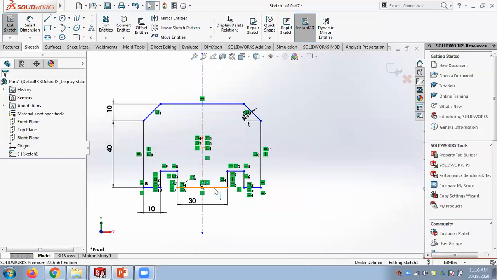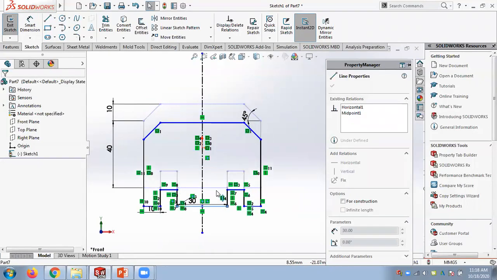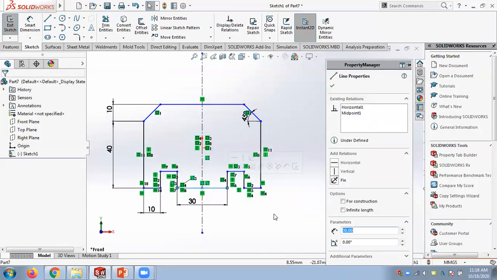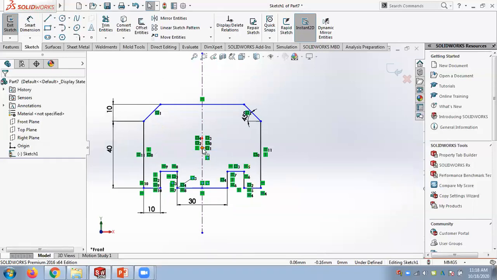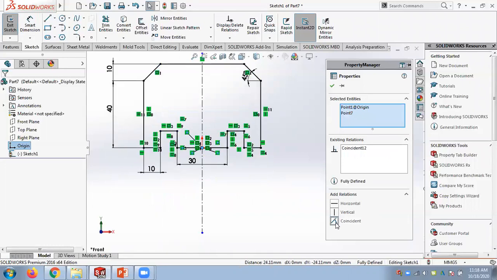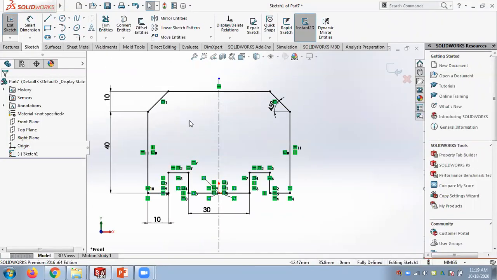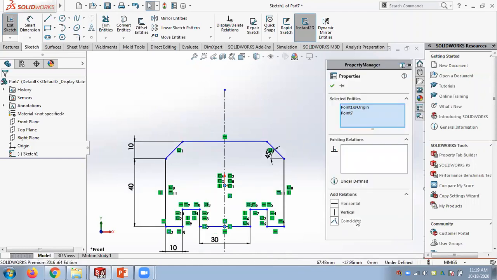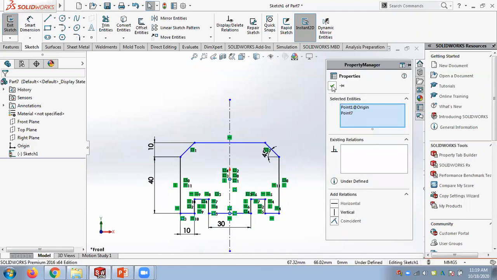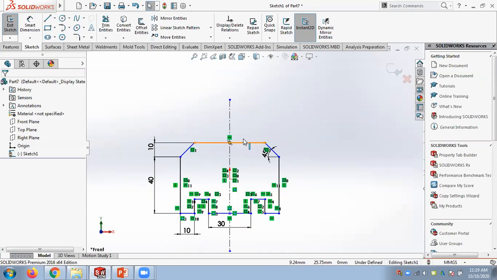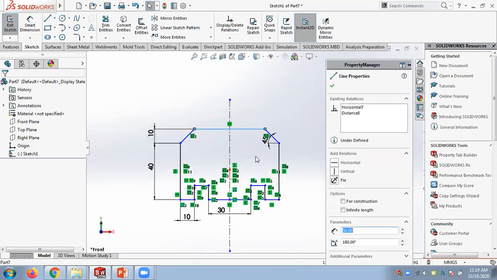I hope you understood. Now this drawing is not fixed. It's floating. It's relative to the origin, still not fixed to the origin. So one thing we can do is take this point and this point and make it coincident. When you do that, quickly you can see it's becoming black. Now the drawing is not floating, it's fixed to the origin. So this is one way of doing that. Now it's fully defined. Otherwise, what can we do? Now the problem is it's going here and there like this. It's not traveling horizontally because it's symmetrical.